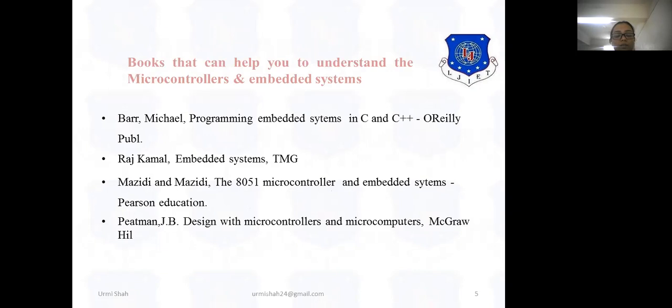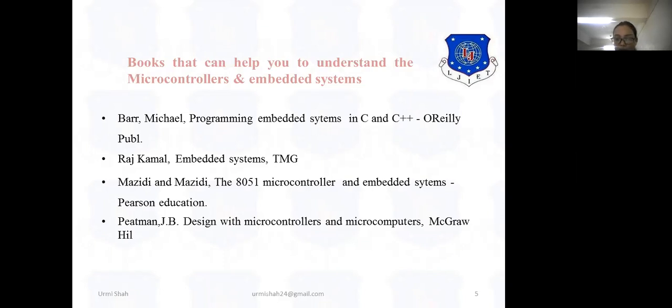This Mazidi book also has the same microcontroller book for the AVR controller, but in our syllabus, we are just learning 8051.